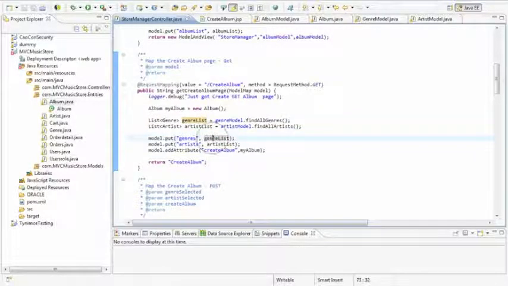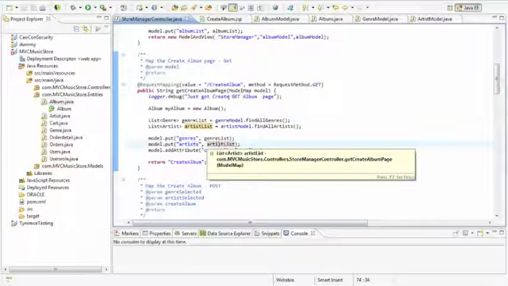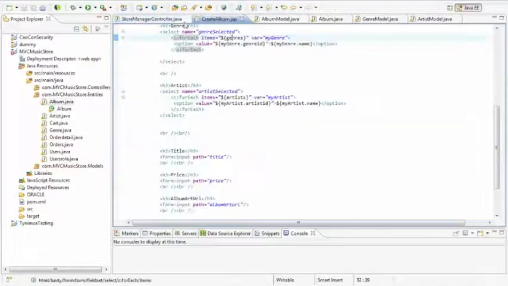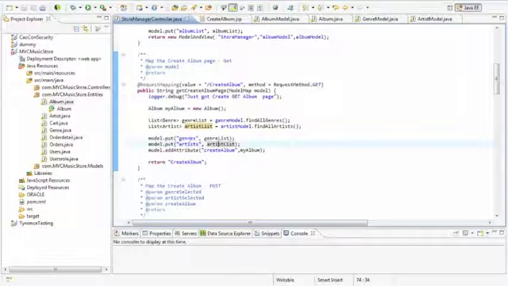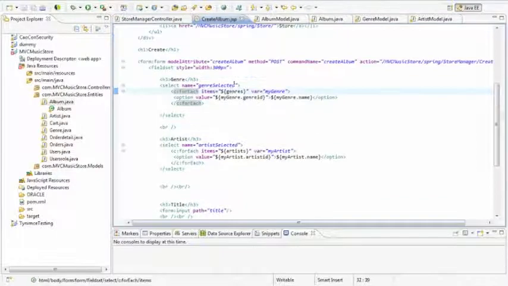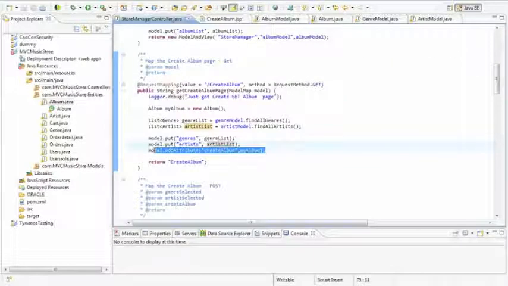Okay, and so we deal with the artist list and genre list, and we put the genre list and artist list to the view, and remember, this is the name of the variable, and those are information we want to send here to the view, genre and artist. Okay, and the album over here,